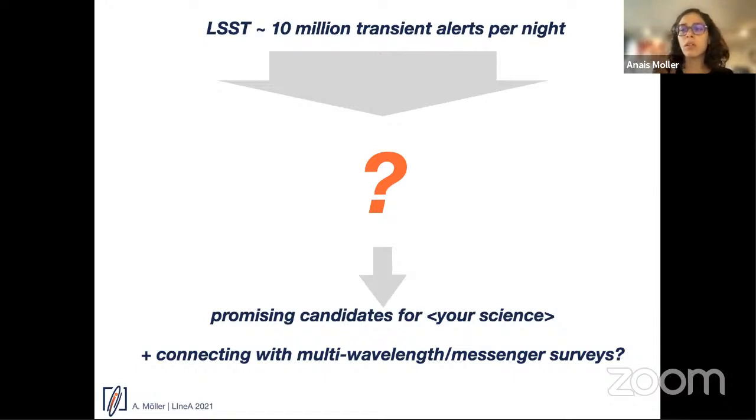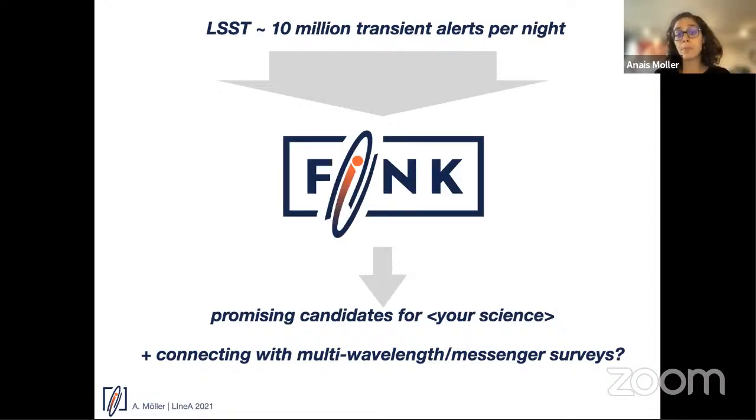But also, we have so many instruments coming online in this decade that could be interesting to join science and have complementary observations. So how do you get that information all together and also coordinate follow-up to get more information from the interesting objects? And that's where Fink comes in.